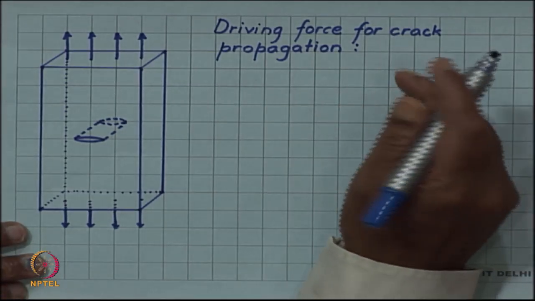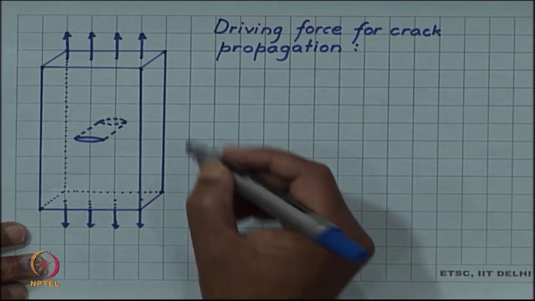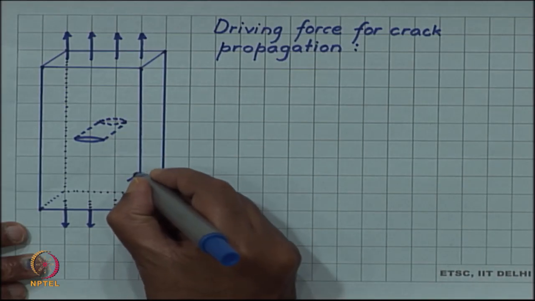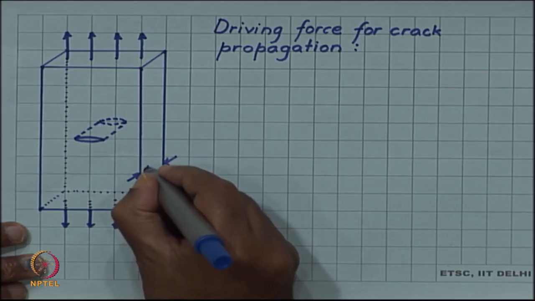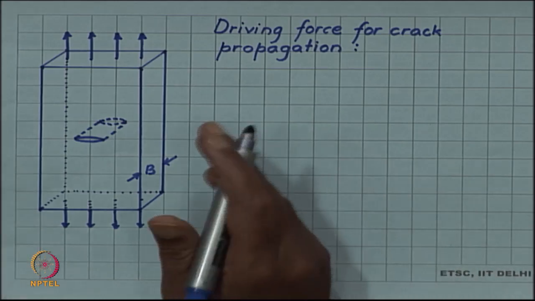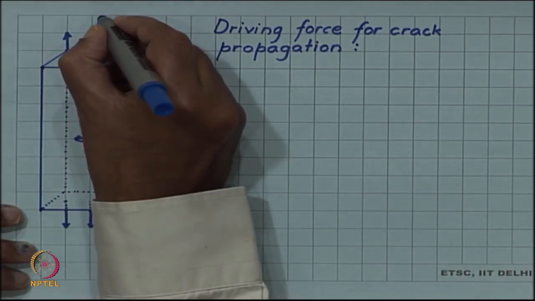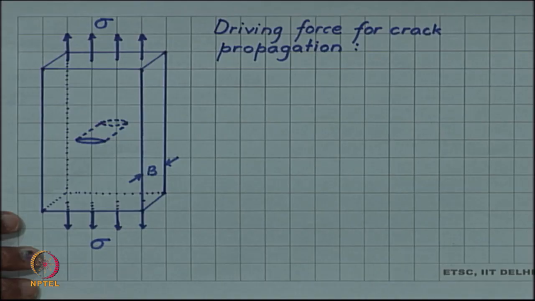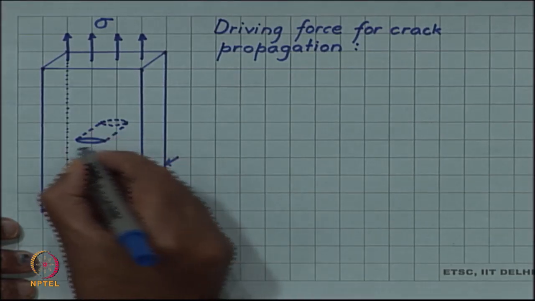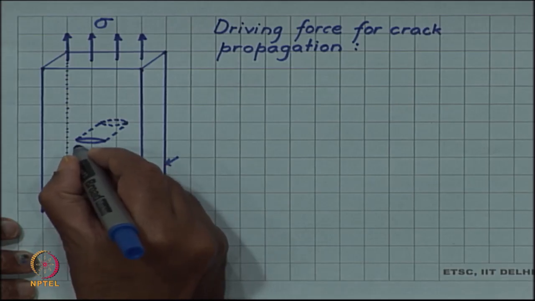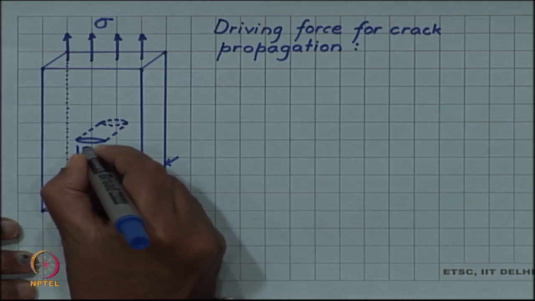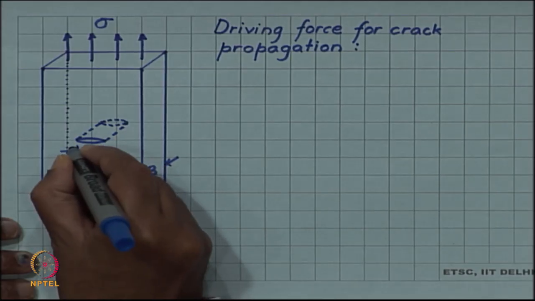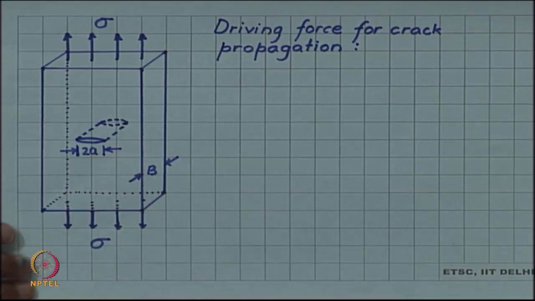So, the first question is the driving force for crack propagation. Here in this figure I am showing a plate of thickness, let us say B, and we assume that it is a very wide plate and there is a nominal stress sigma applied to the plate at its end, and in the center of the plate there is a crack, and I characterize the crack by its length and I call the length 2a. So, there is a sharp crack of length 2a in the material, and if I pull this sheet,